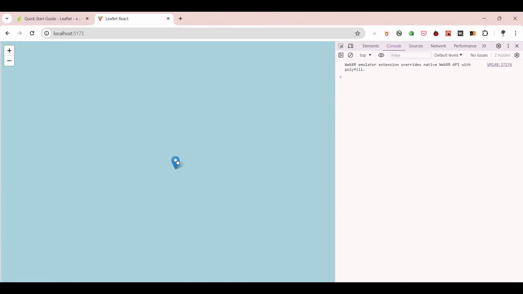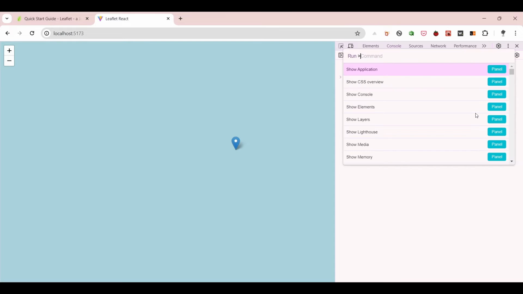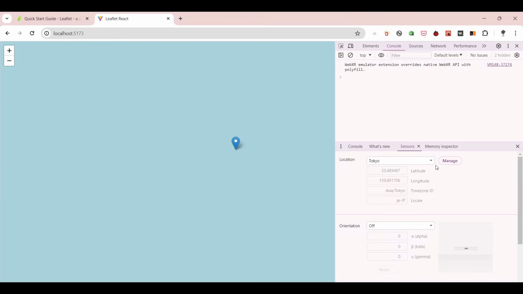Let me refresh it. As you can see, we have the user marker here. And now I'll be using a sensor, which we get in the DevTools, to change my location. So if I come to Tokyo now and refresh it,